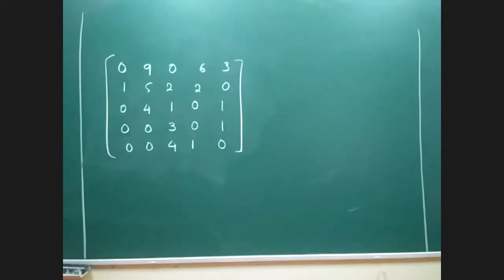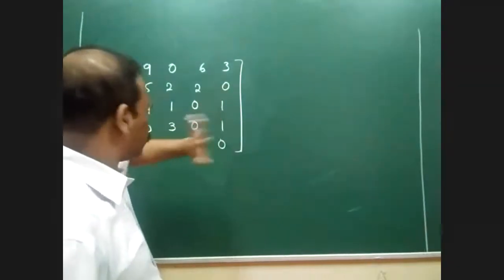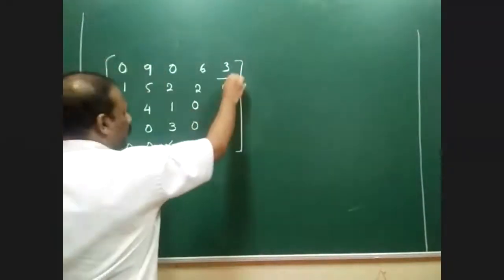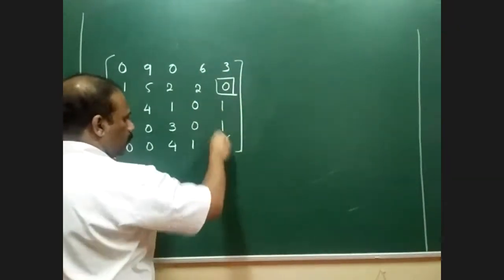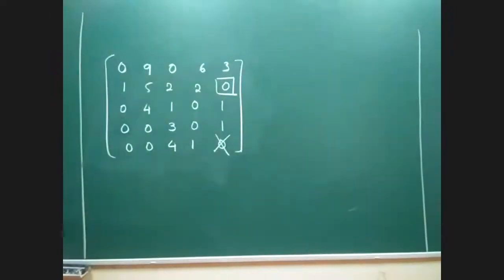Second row, sir. Yes, because you can see that in the 0s, always start with a single 0. So obviously I can take it. If I'm taking this, all the zeros of that particular column have to be blocked. Do you see any single zeros now? No, sir. Okay, so there are no single zeros. Then you can start from the first row.